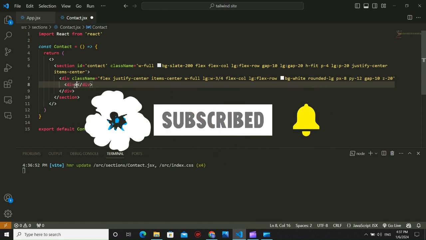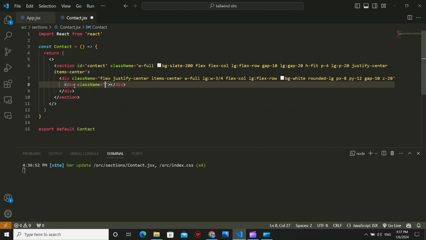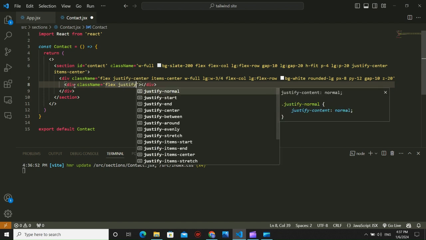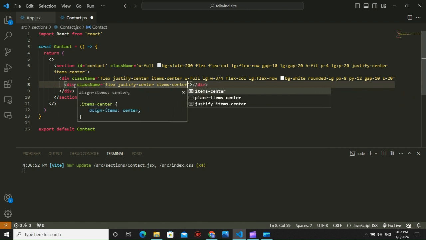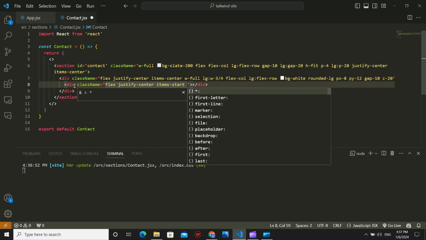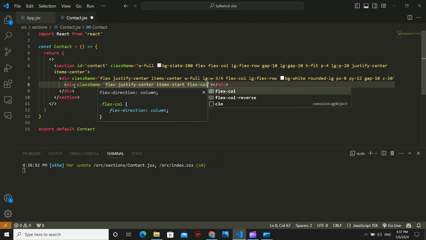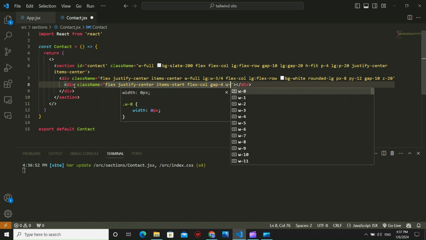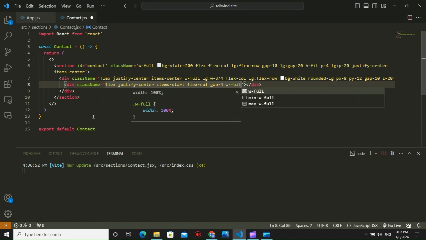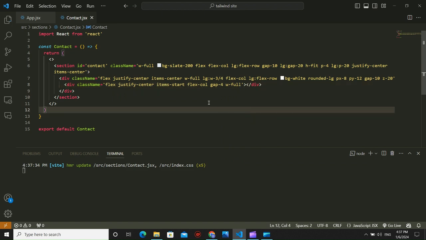and inside this we have to add another div. Let's give it class name flex justify center, items center. Okay, items start, flex col for the mobile, and gap of 4, and width will be full. Okay, so now inside this div